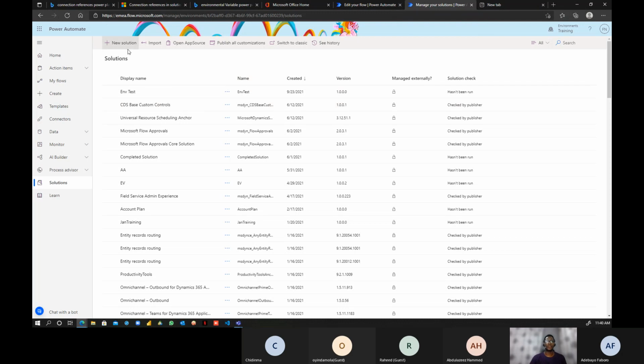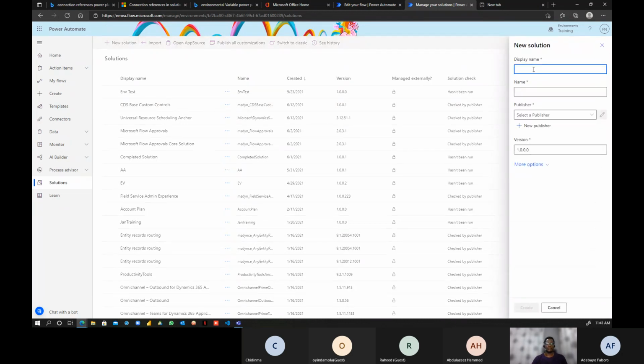So now I'm going to create a solution. I'm going to call it, let me see. We're going to be using SharePoint as our case study, and we'll be using SQL as well, so we'll be using both of them. For these, I can say, okay, I want to connect to contact. So let's just say D365 dev